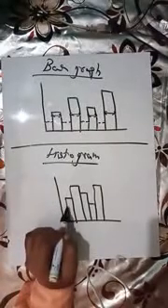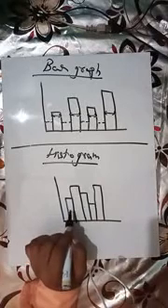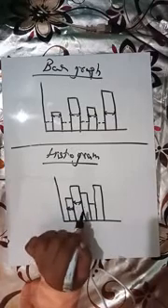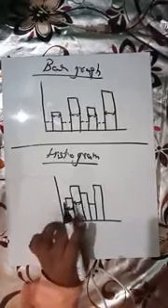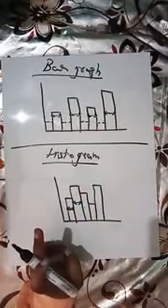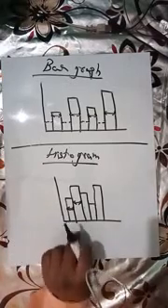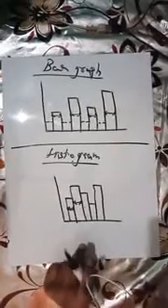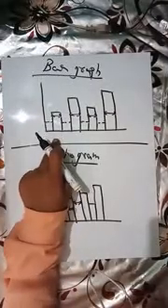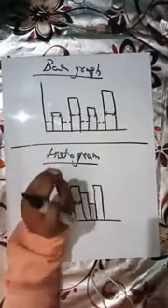But here in your class 8 you will get the same width, while generally in a histogram the widths can be different. It can be more or less, but in class 8 you will draw with equal width. So these are the two very basic differences. We draw a histogram when an exclusive class interval is given, and a bar graph when a class interval is not given, when discrete, pointwise data is given.